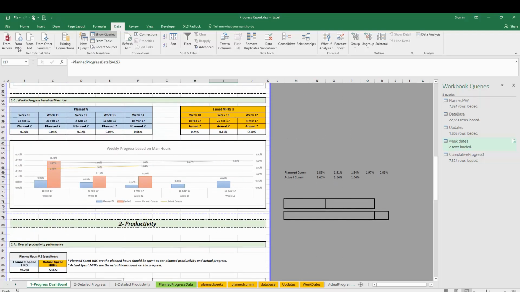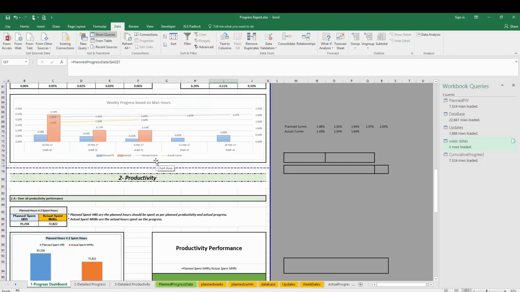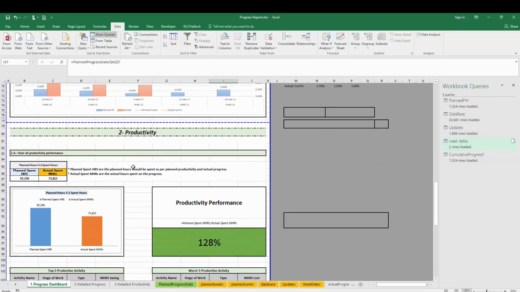Now the productivity, I wish it will not be confusing for you, because we used the term man hours before. Planned spent hours, actual spent hours. What are both trying to say? The planned spent hours are the hours that should be spent as per our planned productivity